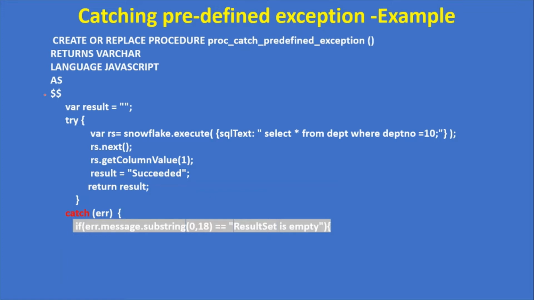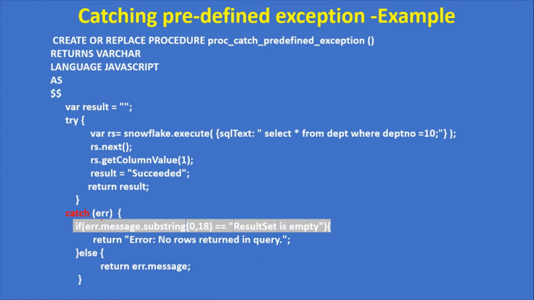If the given query is going to return no data, then we have to catch that exception and return a user defined error message instead of the Snowflake JavaScript error message. Here, error: no rows returned in query, else return error.message. As I said, error is the object to capture the errors.